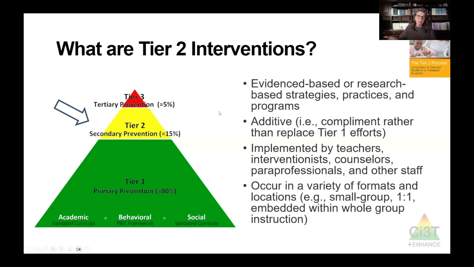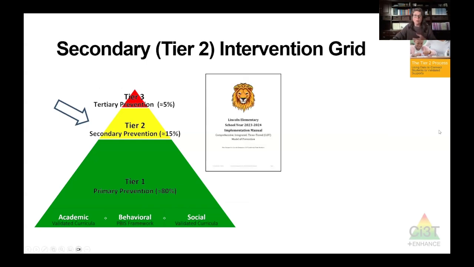They don't necessarily have to be one-to-one instruction. They don't necessarily have to be small groups. So I'd like you to think about it as additive. It's not replacing what's happening at tier 1. It's building on it. And so as you're thinking about your manual, if you are here tonight in a Ci3T school,